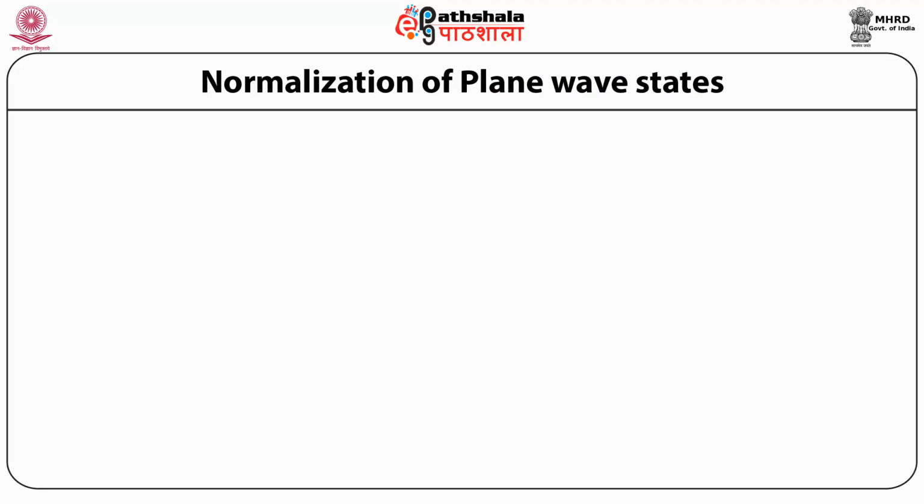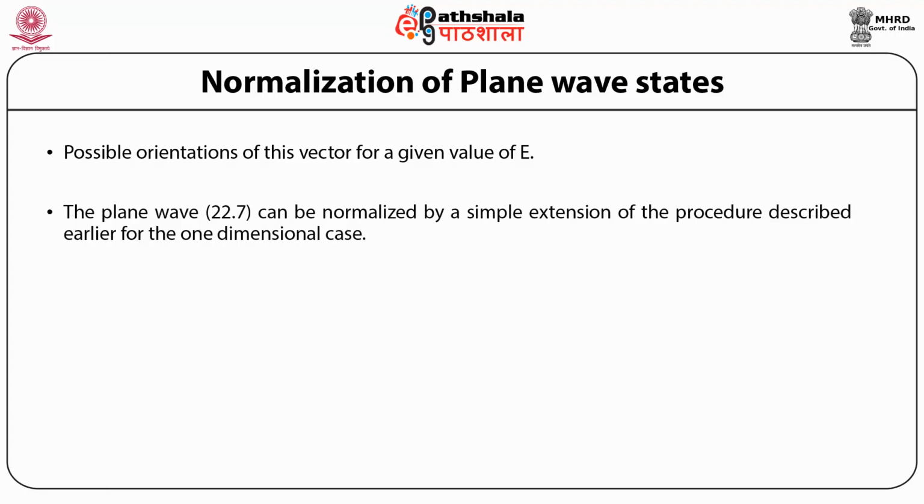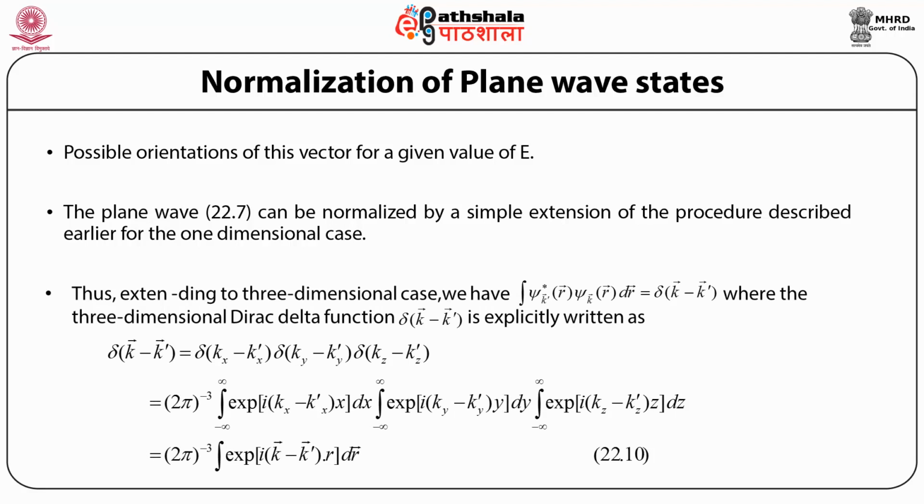Normalization of plane wave states. Possible orientations of this vector for a given value of E. The plane wave in 22.7 can be normalized by a simple extension of the procedure described earlier for the one-dimensional case. Thus, extending to the three-dimensional case, we have integration of psi k prime star into psi k (r) into d r,